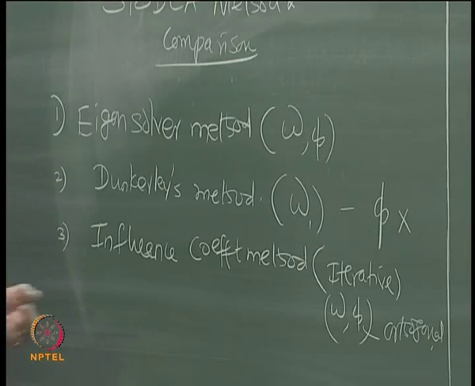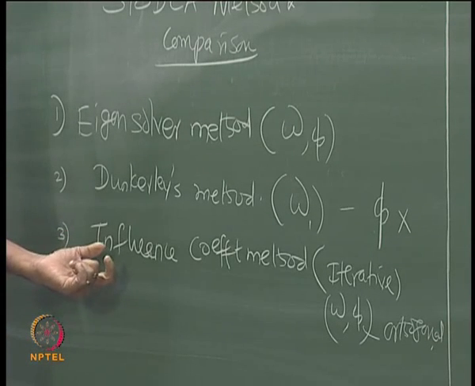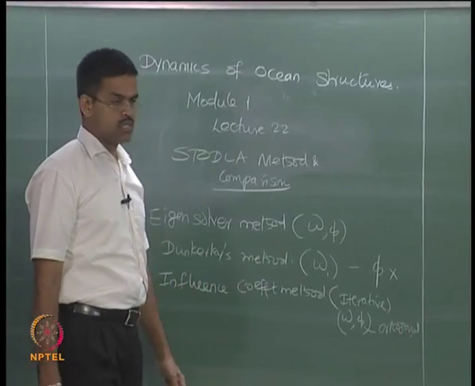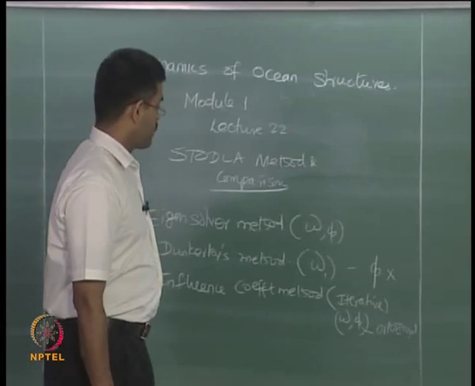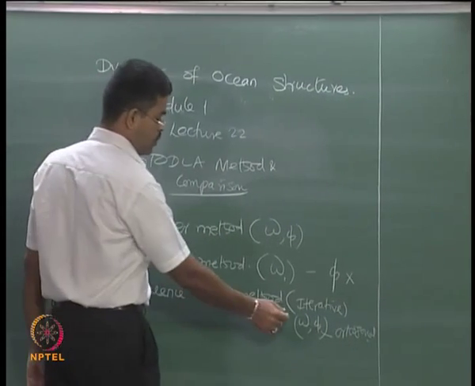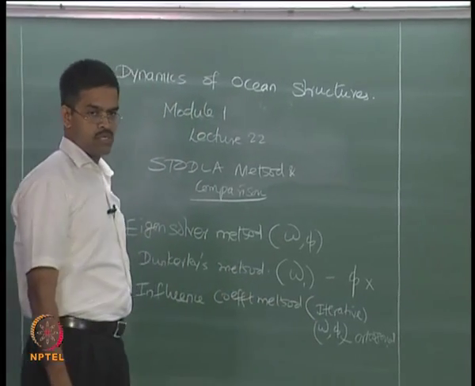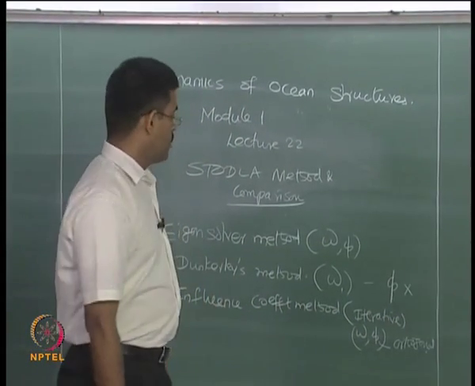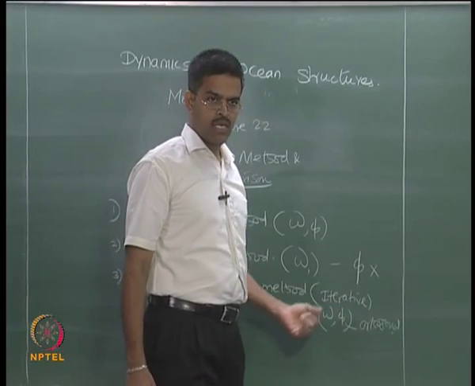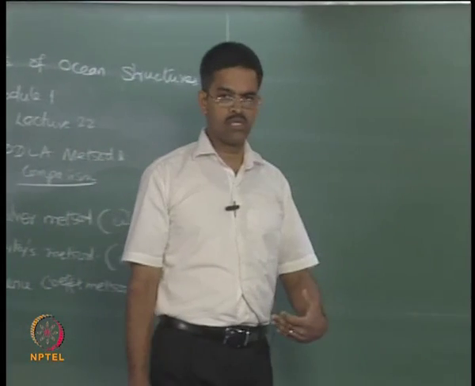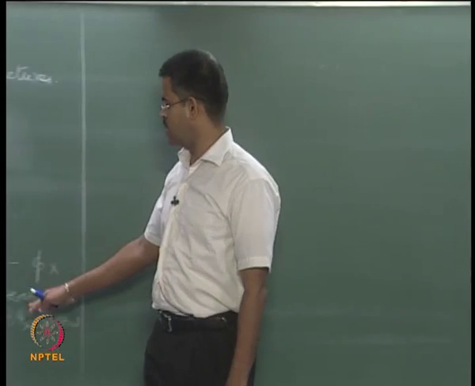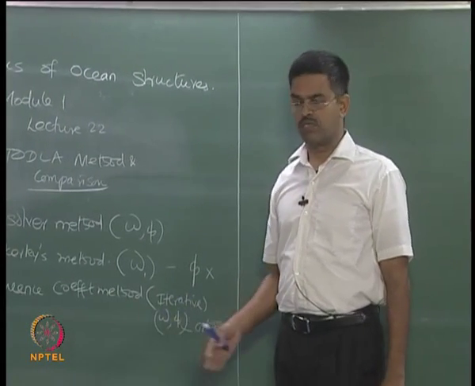There were some relative difficulties of this method compared to that of the eigensolver methods, because the error what you commit in this calculation can become cumulative, that can affect your ultimate results, and it is very difficult to find out the sequence of your omega, whether the omega what you find the first is the fundamental frequency or not. What we have got to do is we have got to estimate the mode shapes corresponding to that frequency and try to see if the mode shape has a 0 crossing or 1 crossing and so on. We can appropriately map the omega as the first frequency or second frequency and so on.